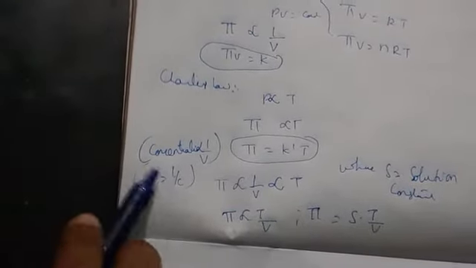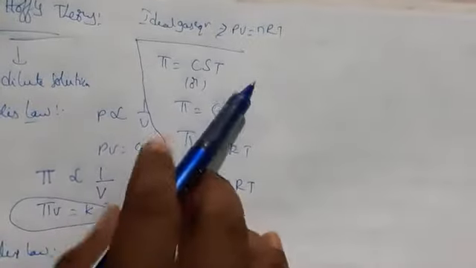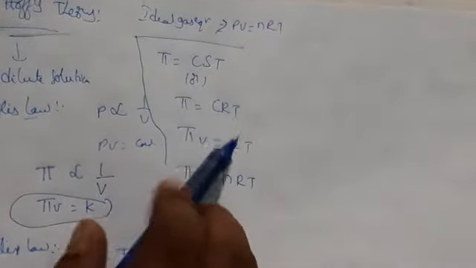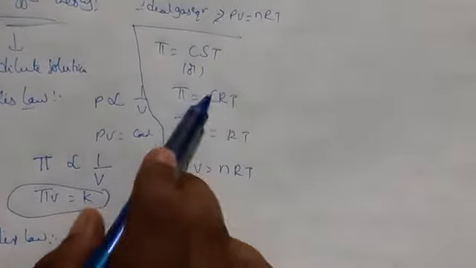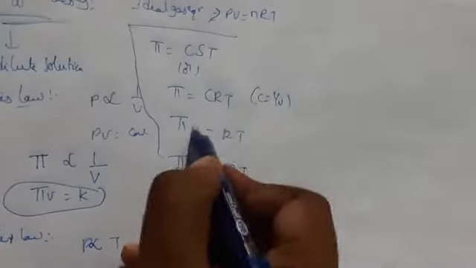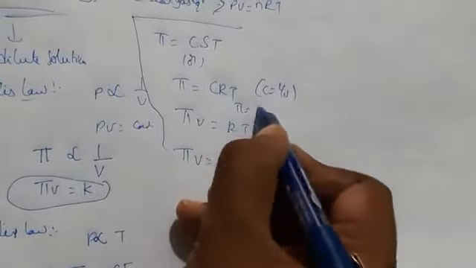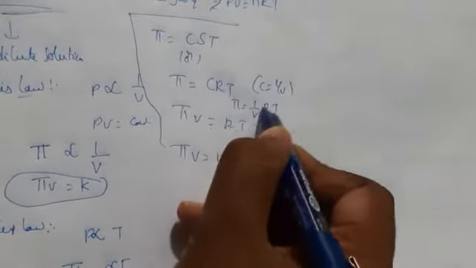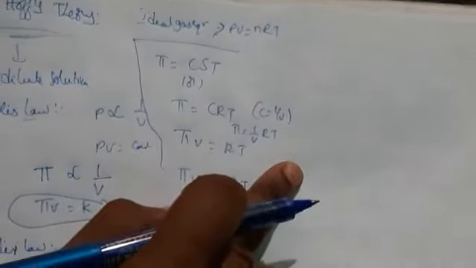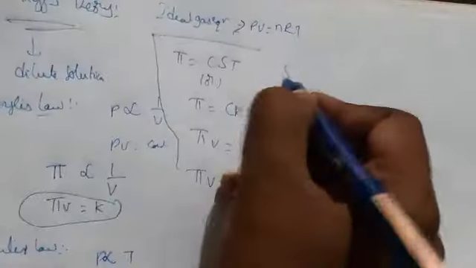As we know that volume is always inversely proportional to concentration, or concentration is inversely proportional to volume. So we are writing pi is equal to CST, or pi is equal to CRT. So then what are we getting? C is nothing but 1 by V, as we know. Okay. So then pi V is equal to 1 by V into RT. So then R, S and R are the same. Why? Because here S is almost equal to R.